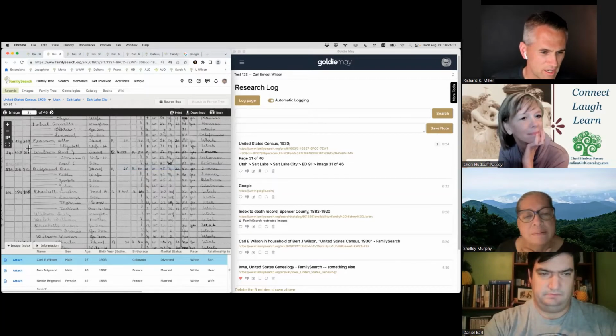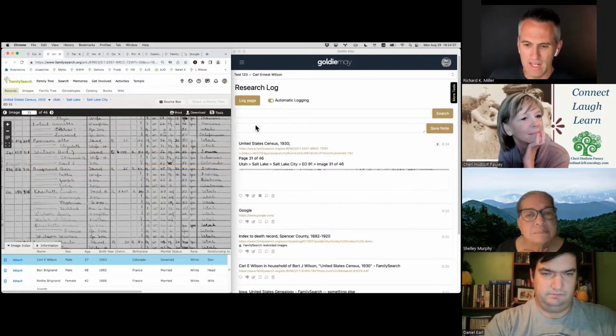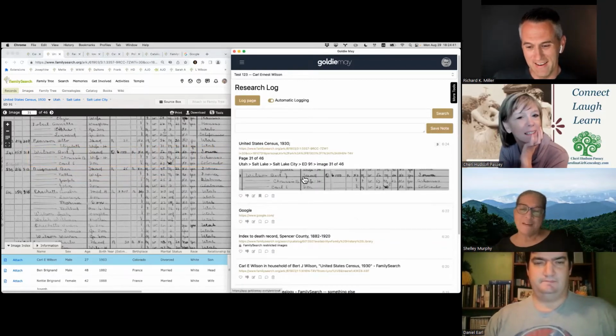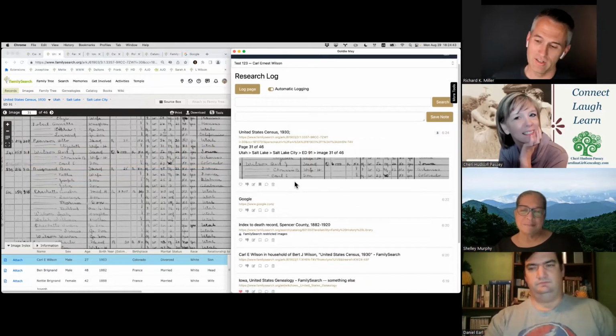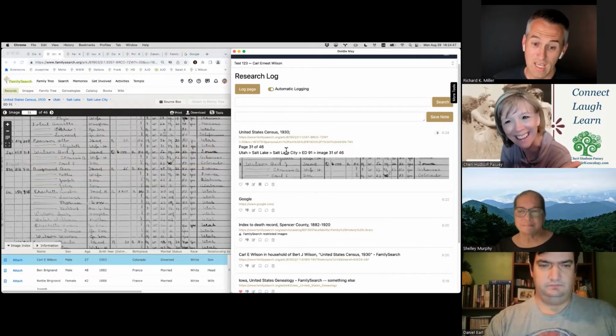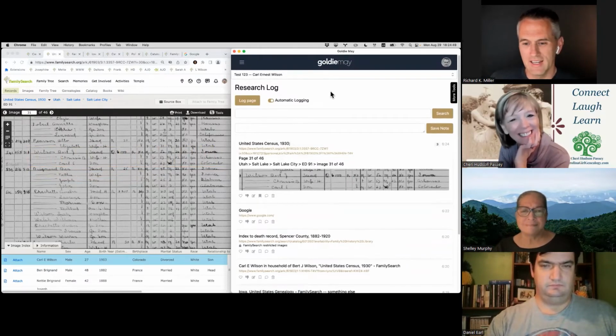Then you draw a box around the part of the screen you want to save. And now that gets logged into your research log. I love that visual view, and it's fast. It's right there in the browser, so it's nice and speedy.